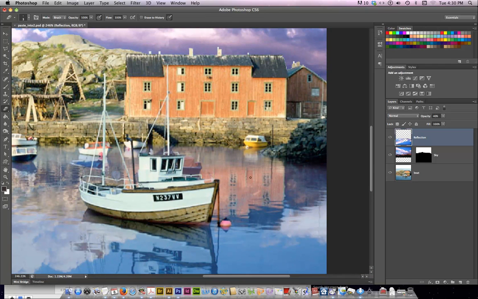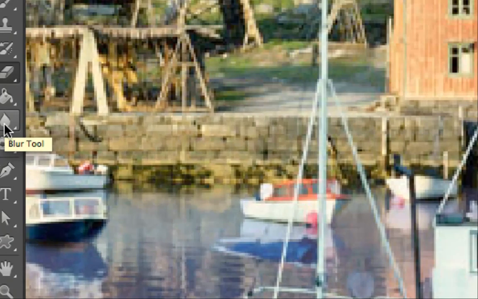One other thing that we did was we added a blur layer, and for this, it's really to make this sharp edge look a little bit more natural and less cut out. Here's how you do it. Just pick the bottom layer, the one that I called boat, and create a new layer. Use your blur tool, which is over here,